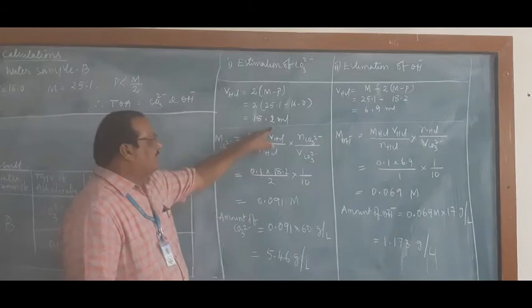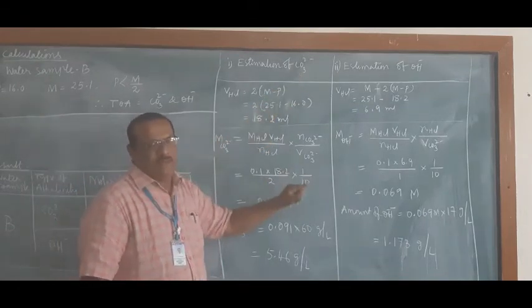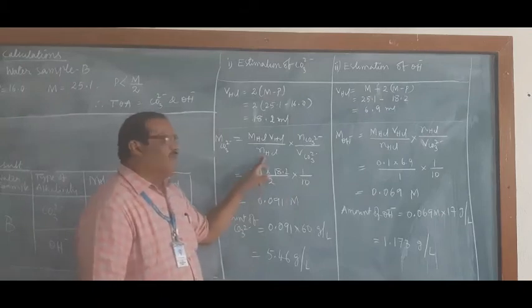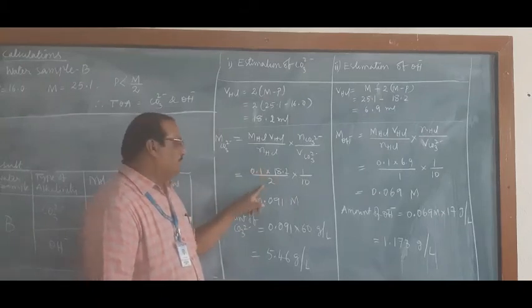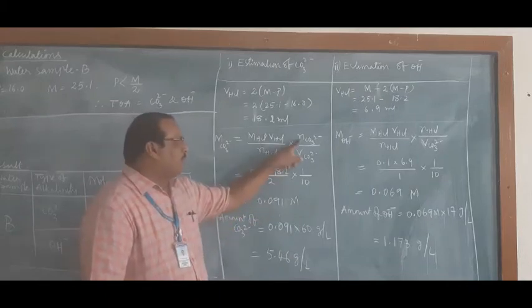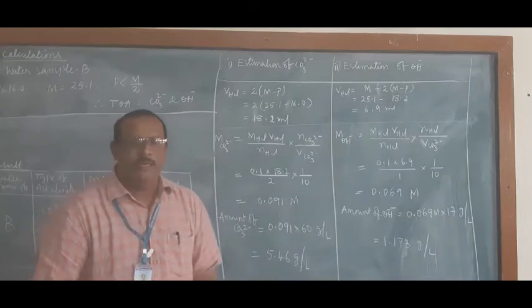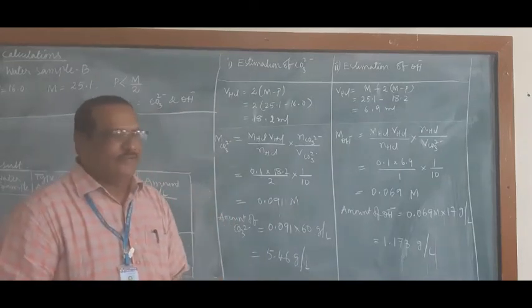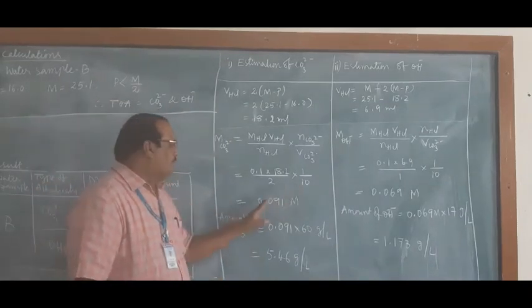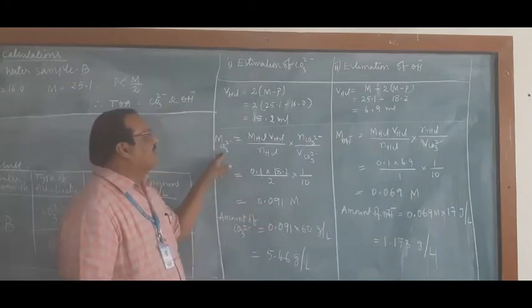That much HCl is consumed for the utilization of carbonate which is there in water sample B. As per the principle, 2 moles of HCl are involved, so 2, number of moles of carbonate 1, and volume of carbonate is nothing but the volume of water sample B taken for titration, that is 10. Then the value which is obtained is the molarity of carbonate in water sample B,